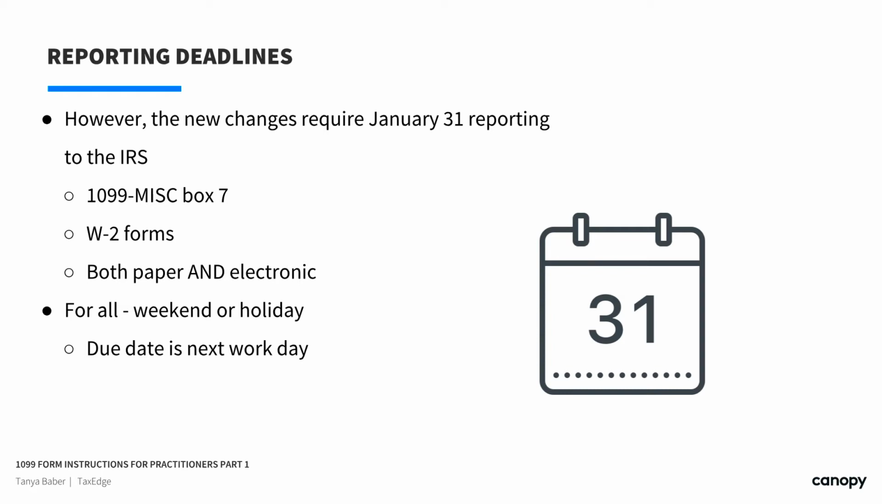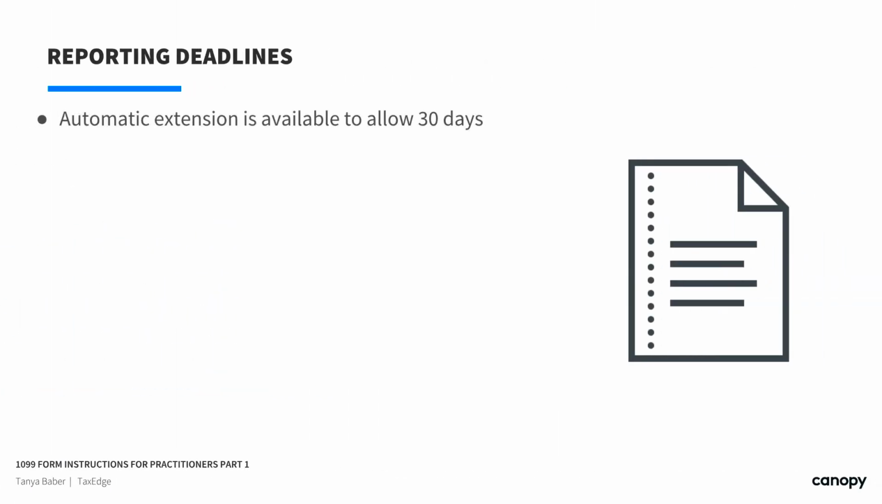Now, let's say that there's just not a human way to get that done. It's not possible. You can't get it done in time. There is an extension available. This is one of the things I find a lot of practitioners maybe don't know about, and it can certainly ease some pain of getting it done by January. An automatic extension is available. It only allows 30 days. It's not like our tax filing extension that gets 6 months, 30 days. But hey, February may be a little easier than January 31st